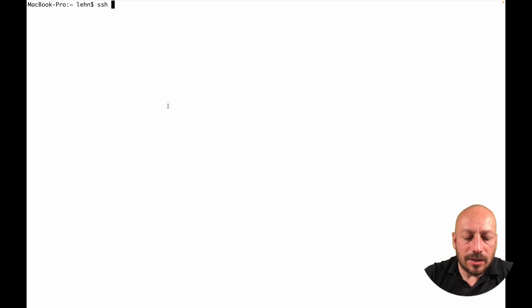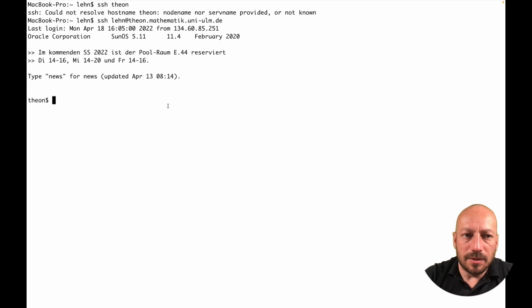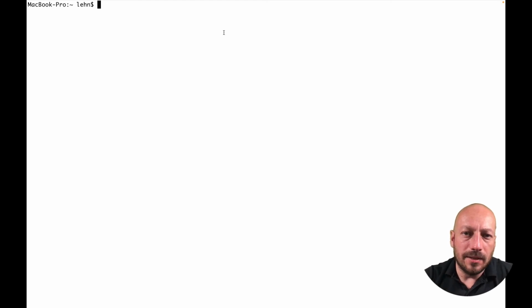Now, I still cannot log in on Theon as before, because the hostname is still not known. But if I now log in with my username at theon.mathematik.uni-ulm.de, I don't have to type in my password anymore. So this is the first big step. In order to complete the configuration so that I just have to type in SSH space Theon, I have to